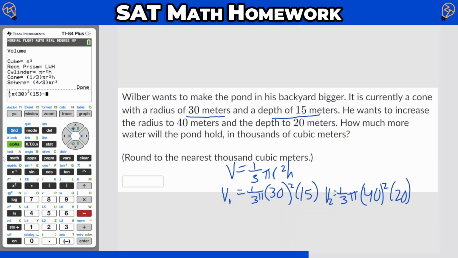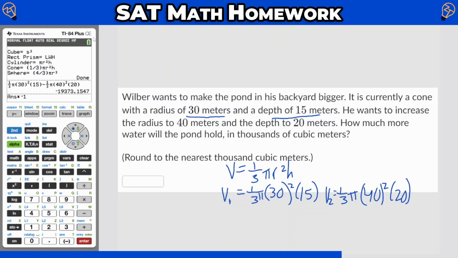I just realized the order I did it was backwards, so we'll get a negative, but that's okay. We'll ignore the negative once we obtain it. So let's go ahead and just do times -1, so we see it as a positive. And they say, what's the difference in thousands of cubic meters? Well, this is